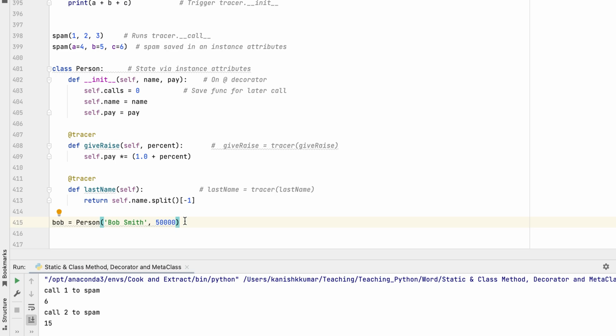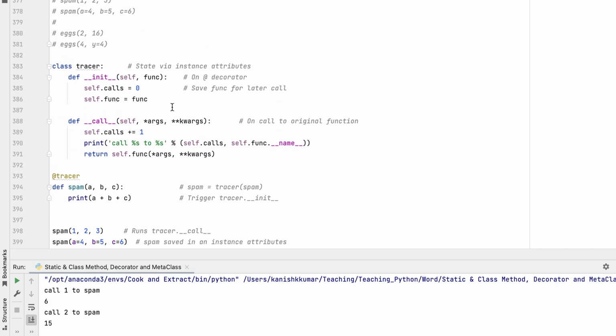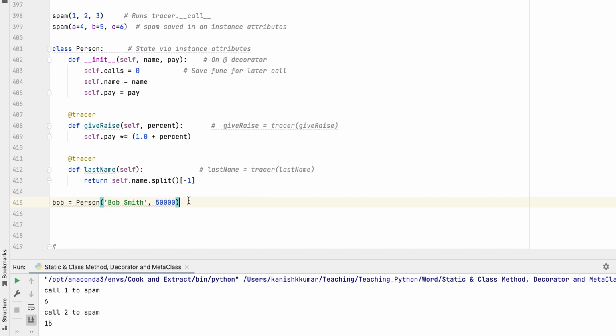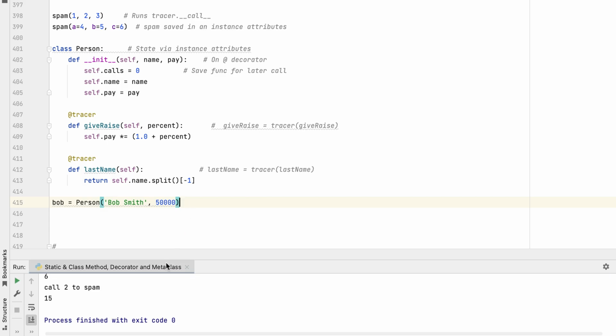And that tracer will remember the method funcs, this way. And if we run it, okay,